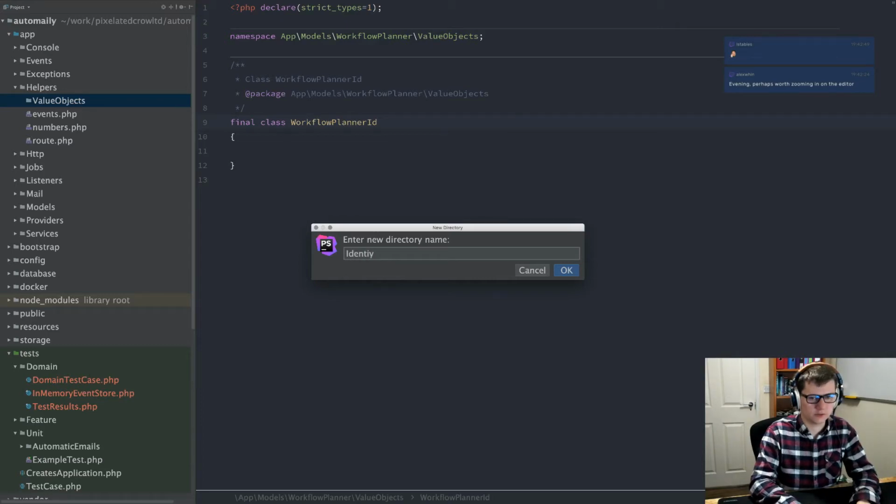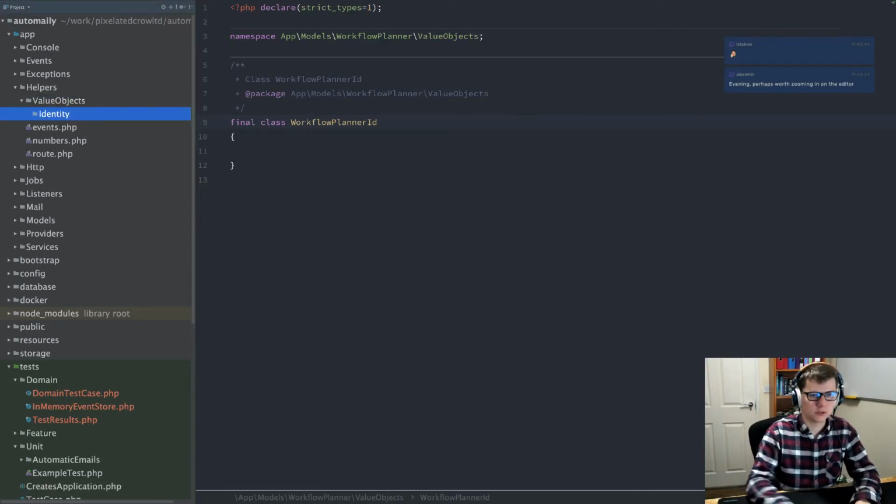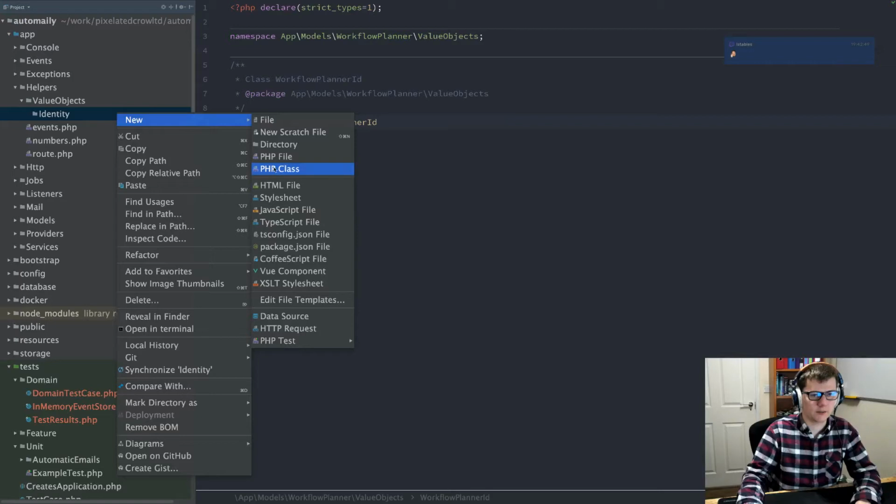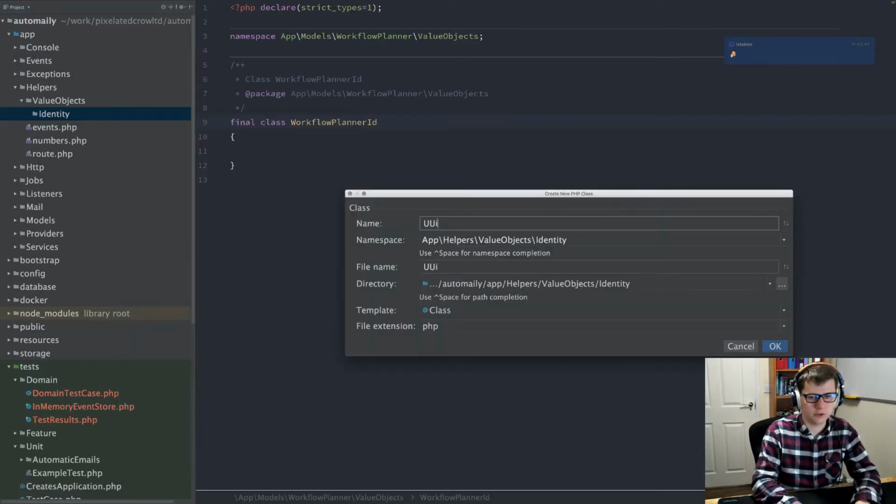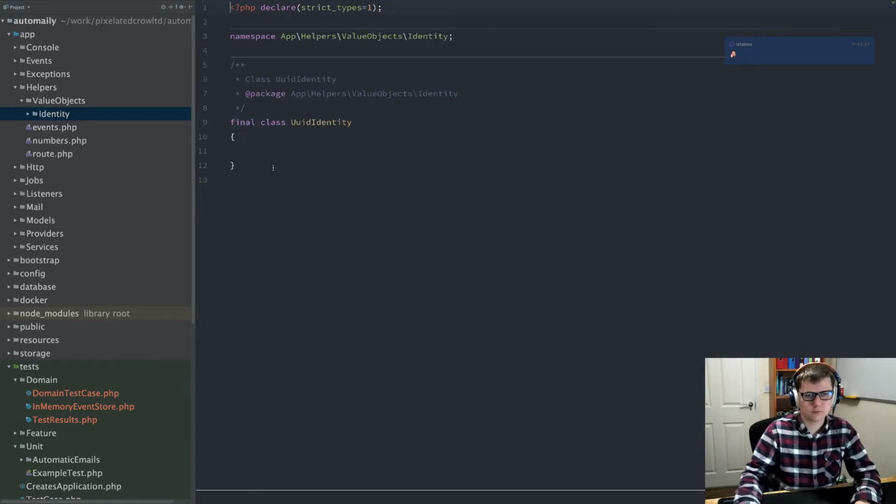Okay, so in this we'll make a new directory called identity, because we're going to have to do it loads of times. Identity, and in here we'll have a UUID identity. Perfect. And I'm trying to think what the best way to do this is. I should have set this up as well, but